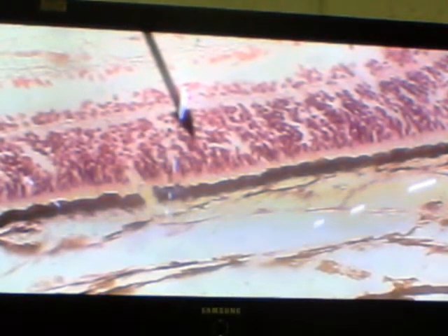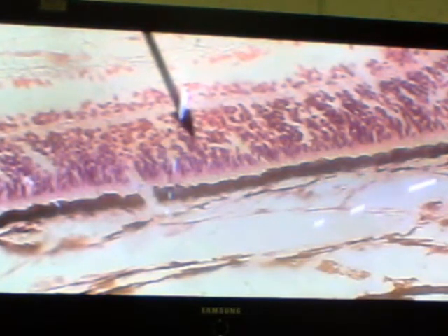And then where the projections are, and then you're going to have the outer limiting membrane, and then you're going to have the substantial layer, which is the outer nuclear layer. So this is the outer nuclear layer. Okay? So once you come to the outer nuclear layer, you are at layer 4, the fourth retinal layer. Now internal to the outer nuclear layer, let me just mention here that